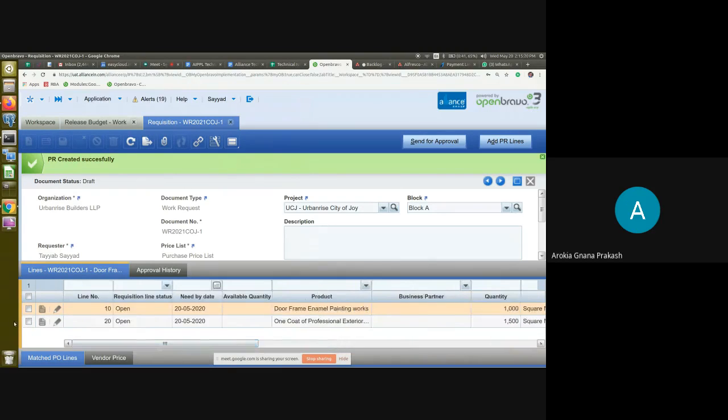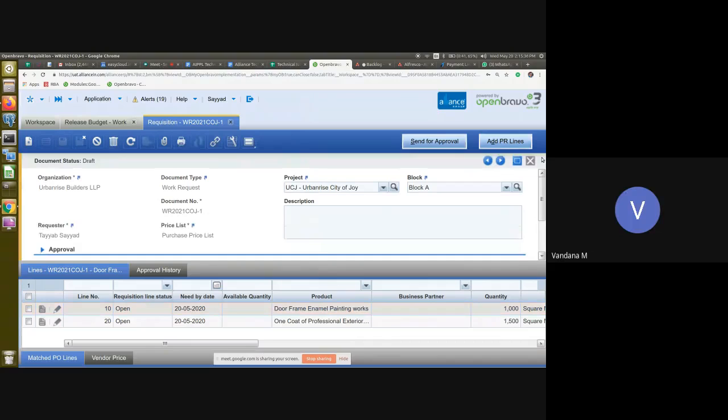Mr. Syed, can you compile 2 to 3 work requests? Now you are raising against one work request, right? Can you compile 2 or 3 work requests, please? Yeah, it's like requisition to order. We are selecting, no, sir. Yeah, that is the next step we are showing. Yeah, so that will be the next step.